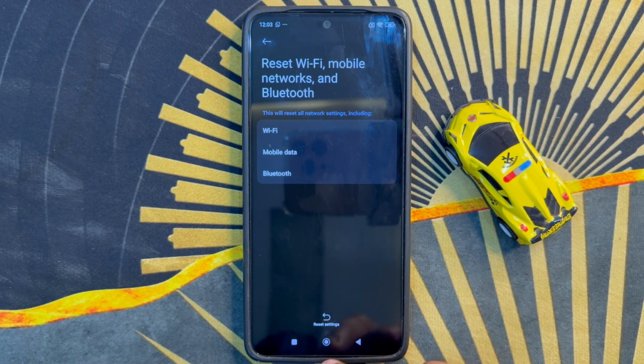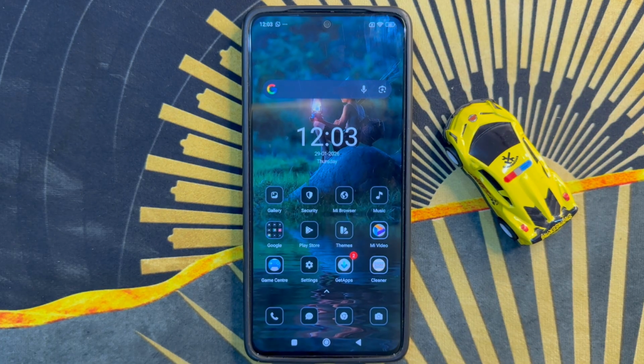After the process, go back to the home screen. So that's how you can fix if apps are crashing